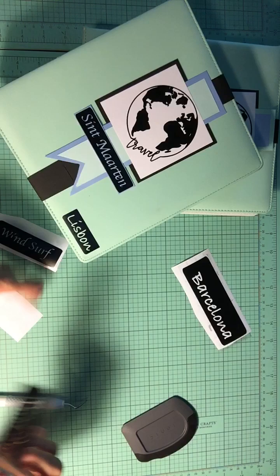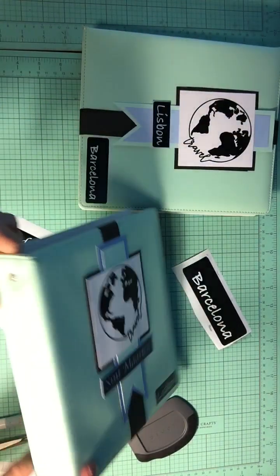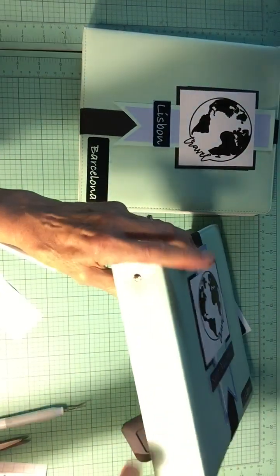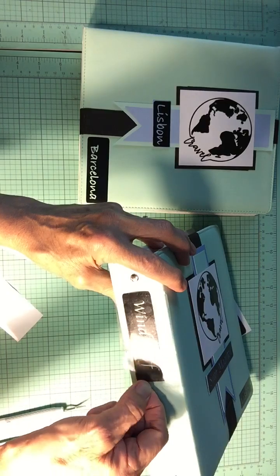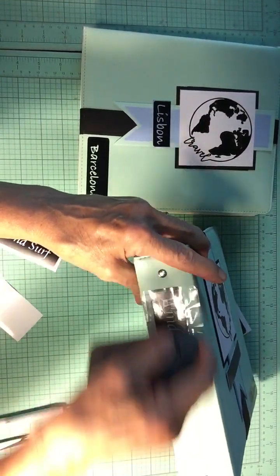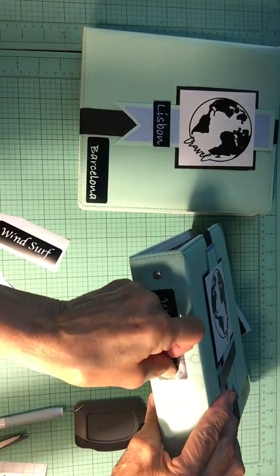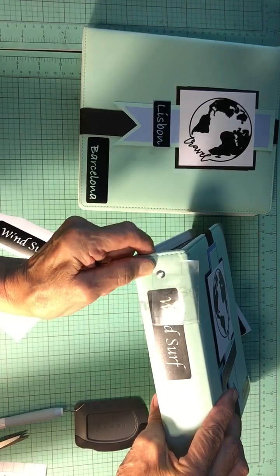Okay, now I have the name Windsurf. And I'm going to take my album, lay it on the side, and I'm going to put Windsurf right on the album. Burnish it a little, and then roll your plastic back. Now this can be put on almost any surface,